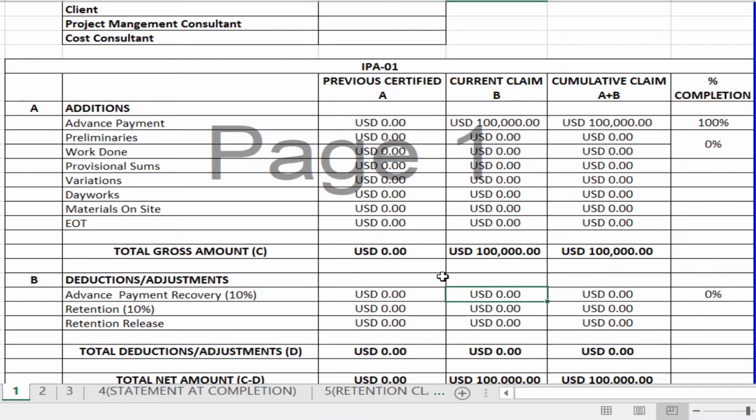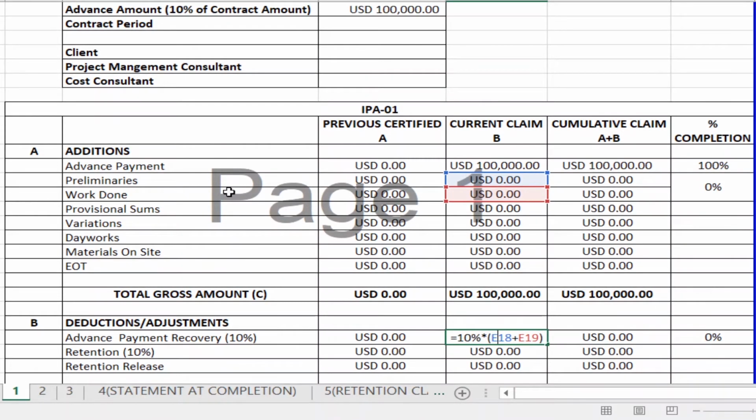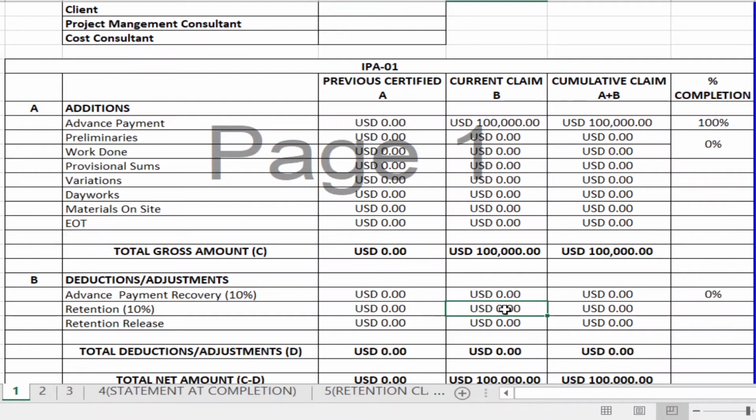Here the advance payment recovery I have considered as 10% of the total work done. Total work done, if you see, is the amount of work done plus the preliminary amount. So basically your contract amount will be the amount which you have estimated for your preliminaries and your total work done, and your retention is 10%. I've considered it as 10%.